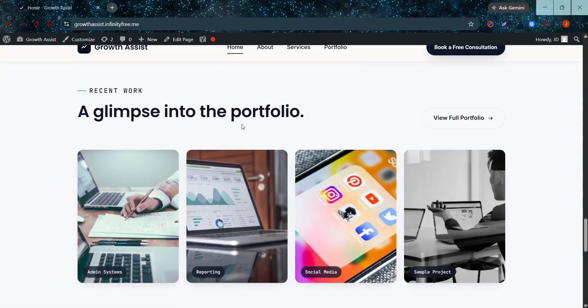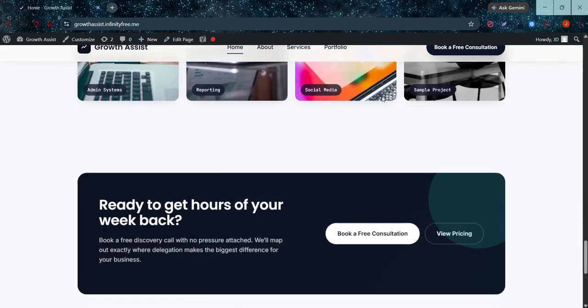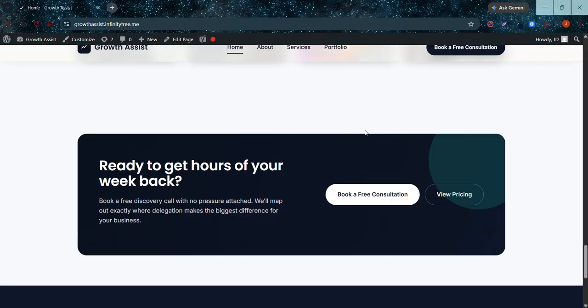And then here also a glimpse or a preview of my portfolio projects, which I'll also be showing to you in the portfolio page.